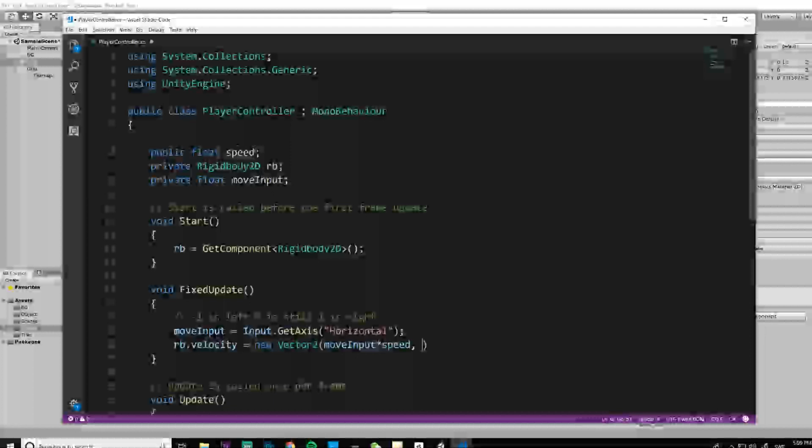And the second argument is, okay, what kind of force do we want to apply to the y-axis? And we don't want to apply any special extra force. So we just take the velocity that this rigid body currently has on the y-axis, and we just copy it and we just keep it as it is, like this. Okay, so let's save this